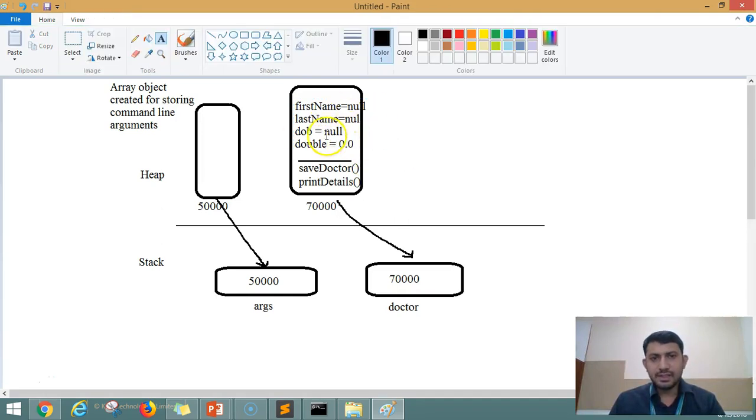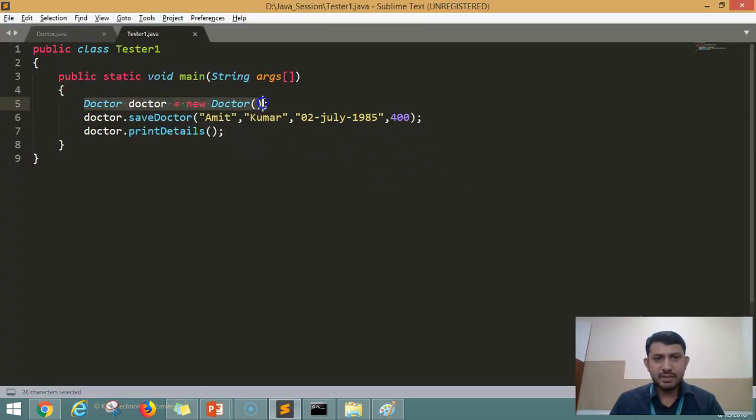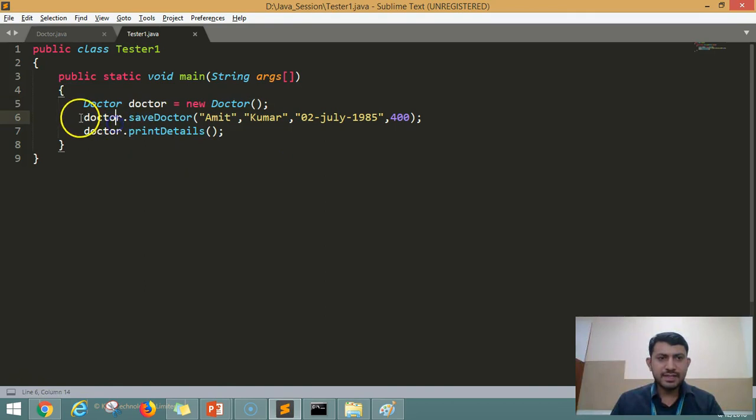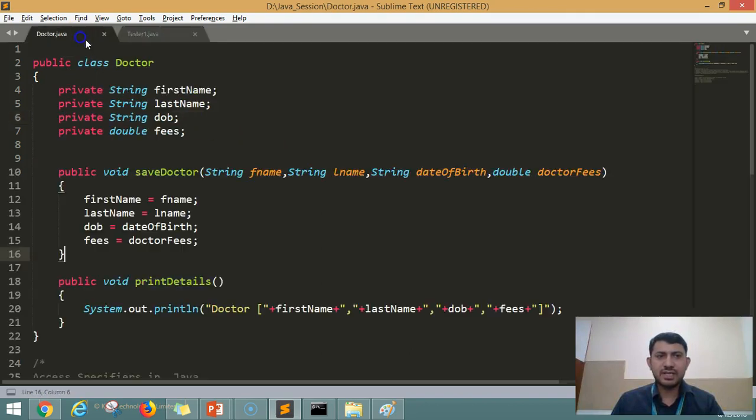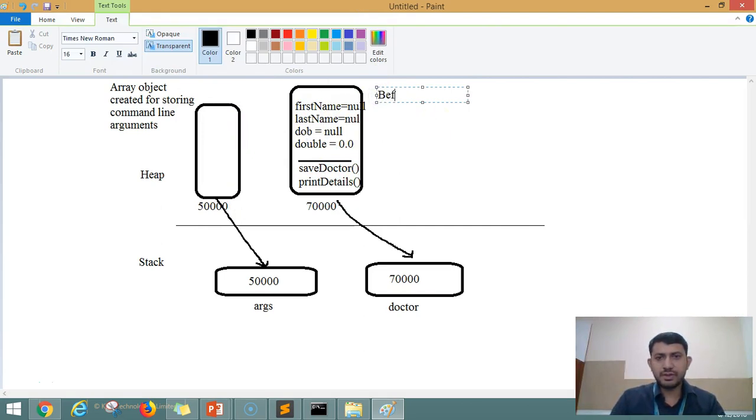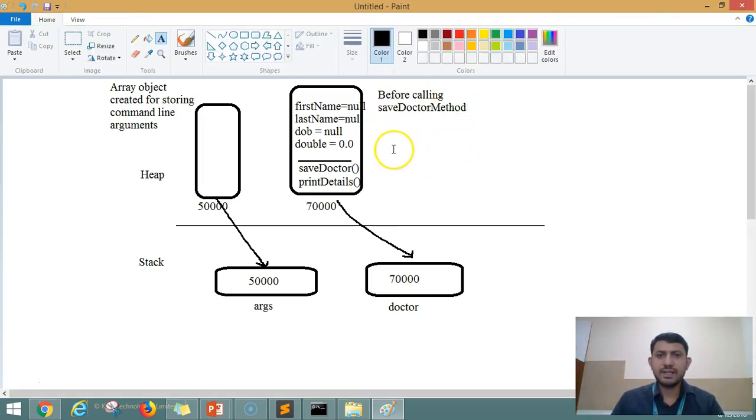Now, at this statement, my memory diagram looks like this. Okay. Now, when I execute this statement, when I'm executing save doctor, I'm calling that method, which is actually changing my properties. So here you can see the properties are changing in this method. So before calling the save doctor method, it has all the null values, and once you call the method, the details would be